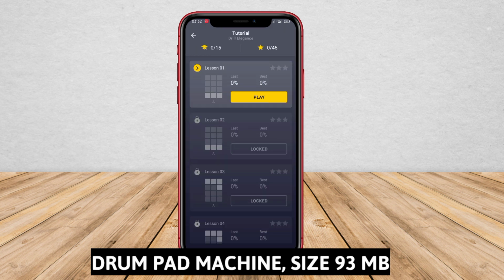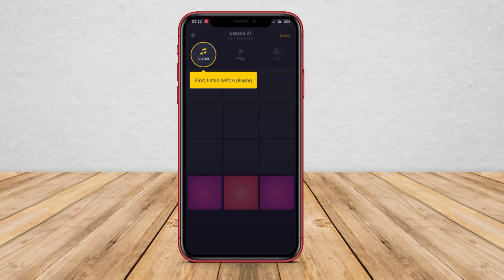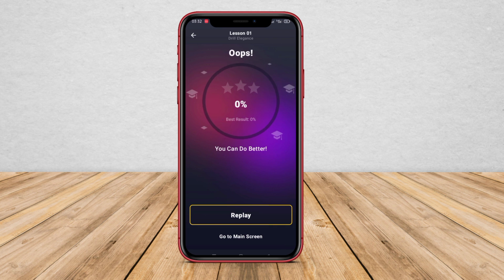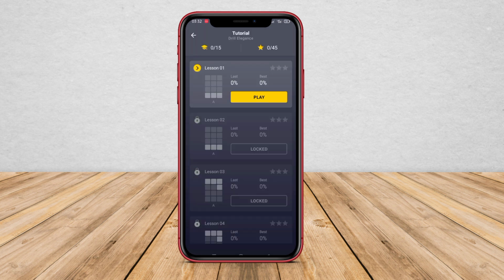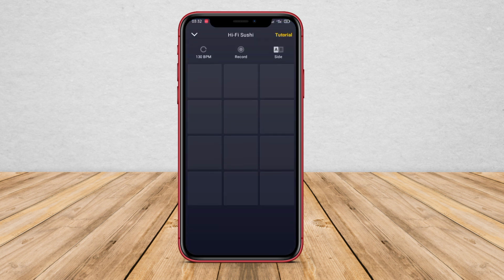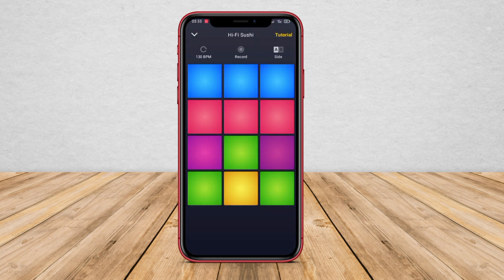Drum Pad Machine. Drum Pad Machine is a music-making application specifically designed for creating drum patterns and beats. This application provides virtual drum pads with realistic sounds in various music genres such as EDM, trap, hip-hop, house, dubstep, and more. Drum Pad Machine offers a wide range of drum sounds and music loops that can be used to